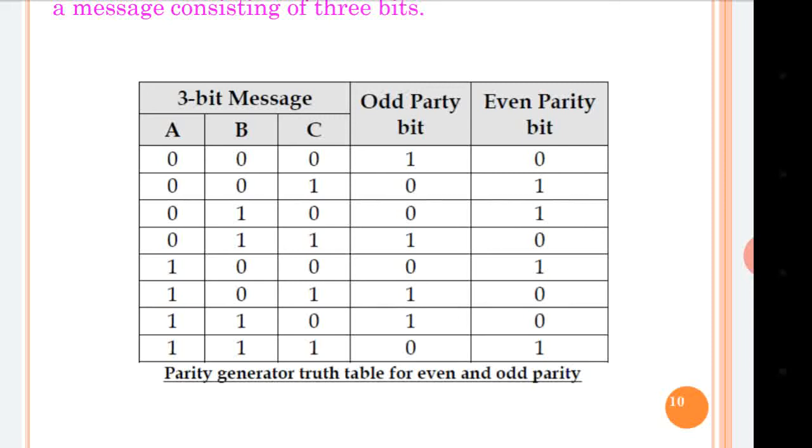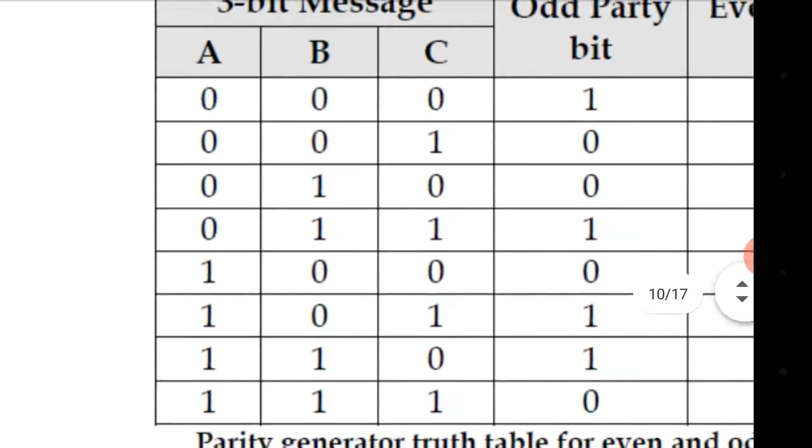For example, we have to design a parity generator which will generate odd parity data. So A, B, C, that is the 3-bit message, is the input signal, and according to the input signal we have to decide the number of 1s or 0s to be added in order to make the odd parity bit. So the first number is 0, which does not include any 1, that's why the parity bit should be 1, so that the total number of ones is odd. Now don't focus on the even bit, let us talk only about this now.